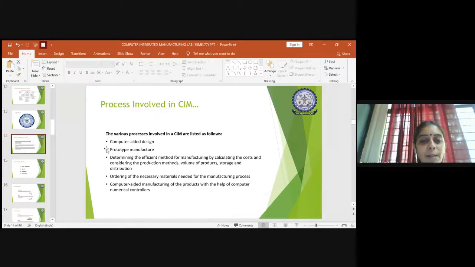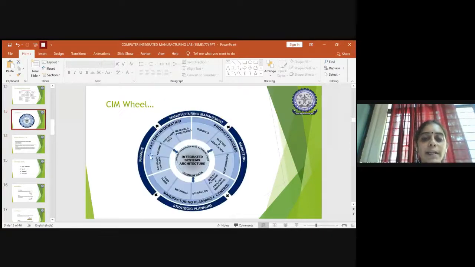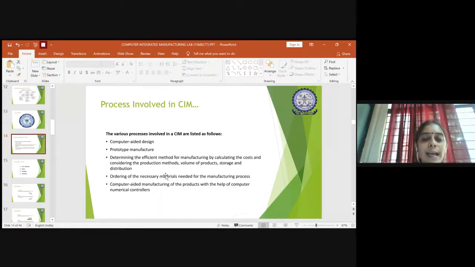So you'll have a part of computer-aided design, prototype manufacturing, and determining which is the efficient method for manufacturing. When you have all the data and the software enabled, it can do the analysis, select, and tell you which is the best design aspect and which method is better to synthesize or manufacture, because when you manufacture, the cost might be very high or medium.